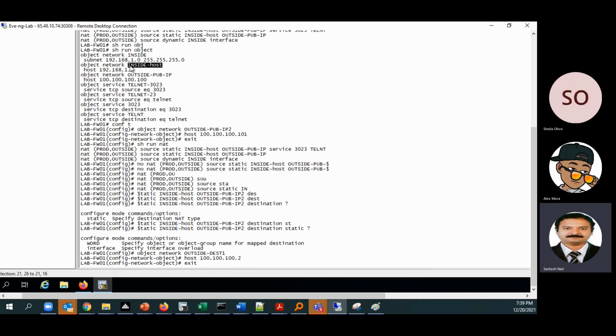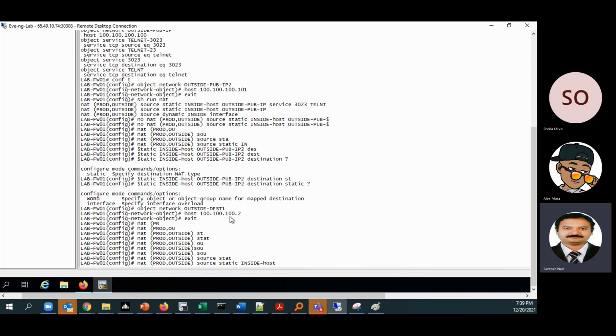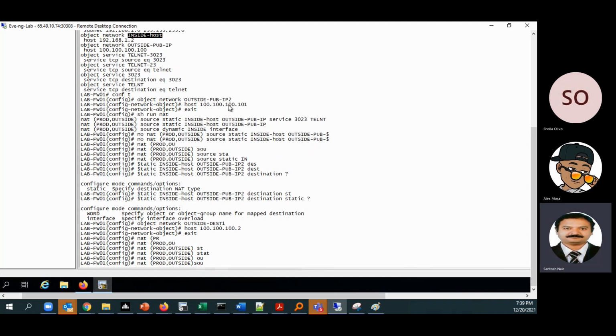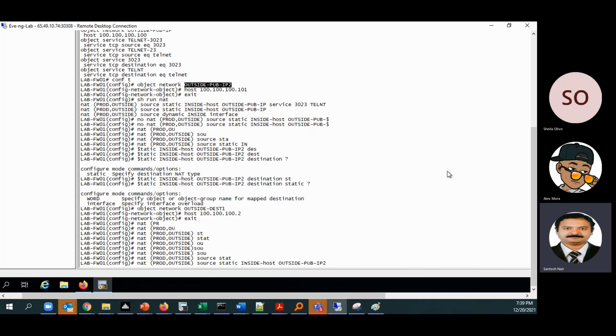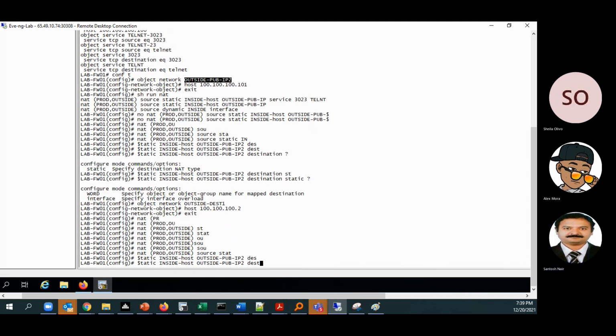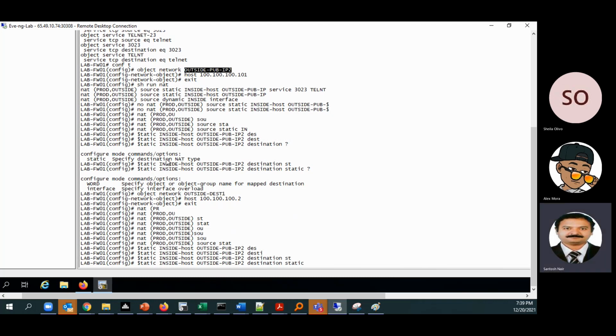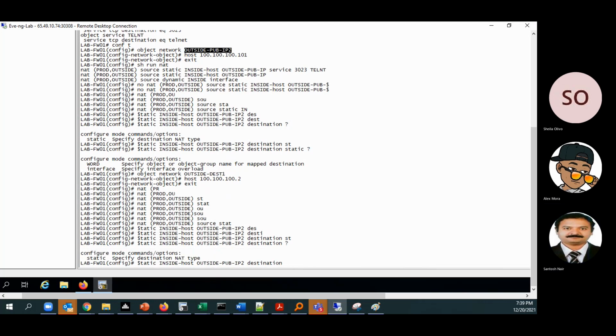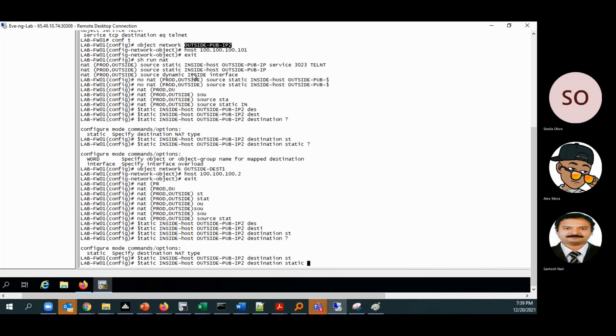We are going to convert this particular inside IP address to this IP2, when the destination is this one, 100.2. This part is clear. So I will give it as this one.